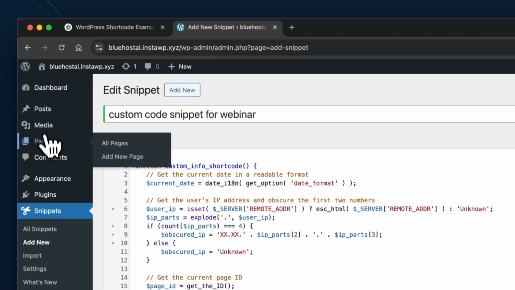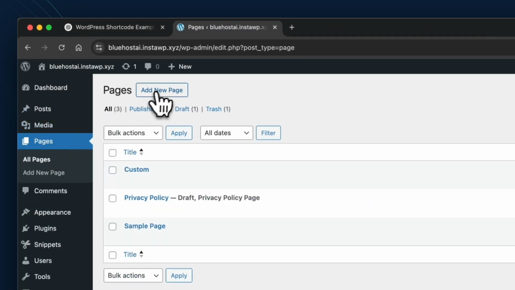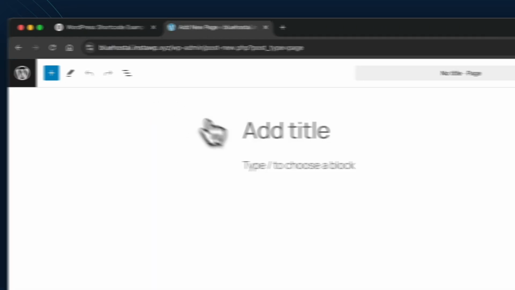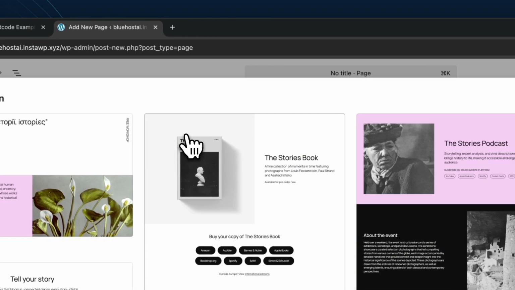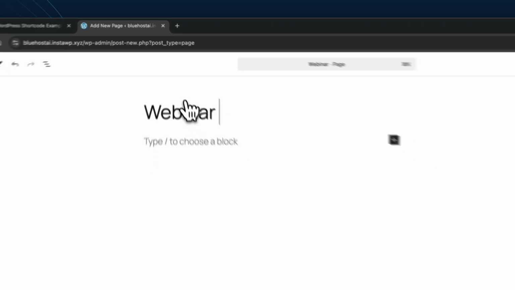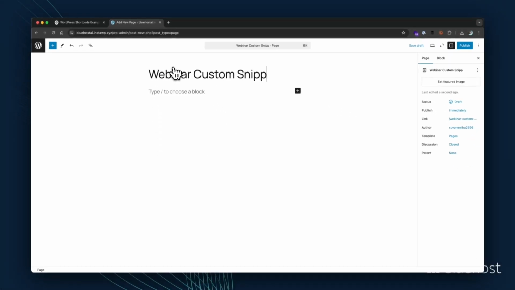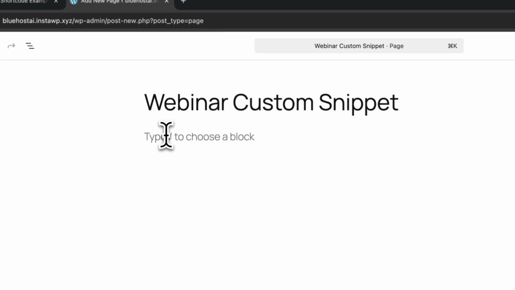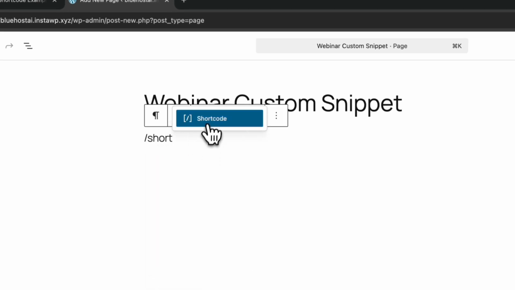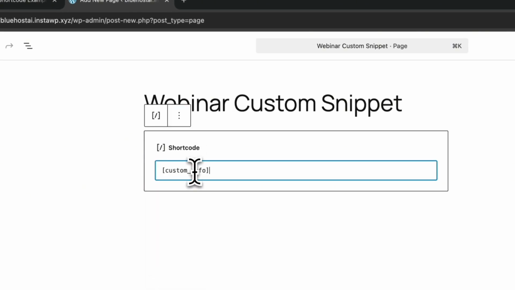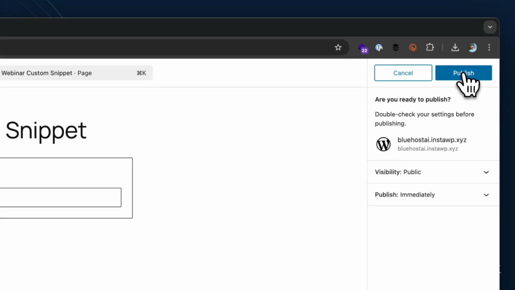So let me hop back over here to pages. I'll add a new page. We'll call this webinar custom snippet. We'll get ourselves a shortcode block here, and we'll simply paste that shortcode in that ChatGPT gave us. I'll hit publish,